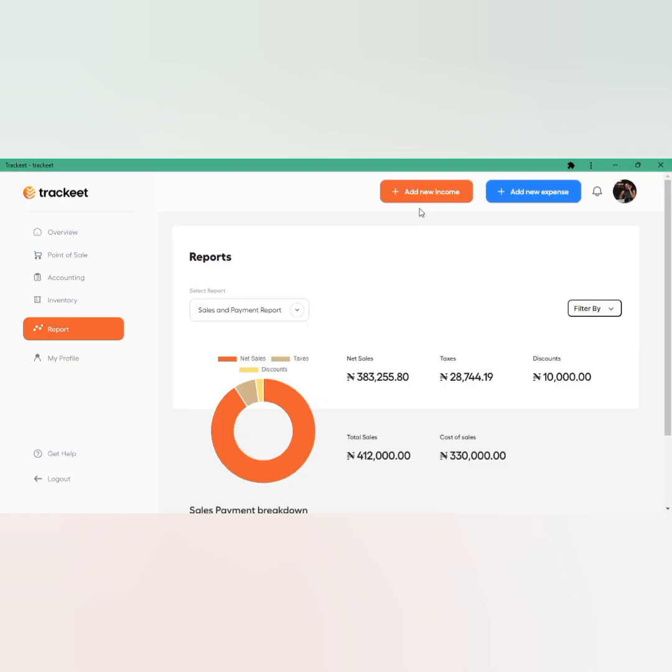In conclusion, Track It helps every business owner to monitor and give a proper count of their businesses, regardless